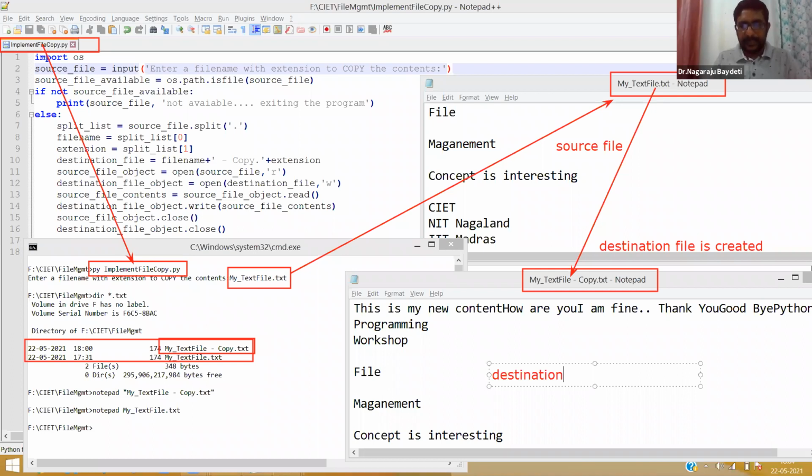The destination file has the source file contents copied. So that's it about the file copy.